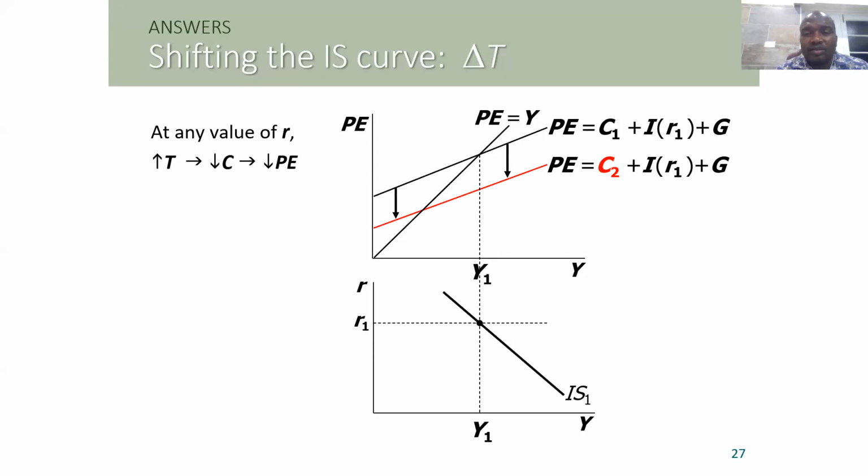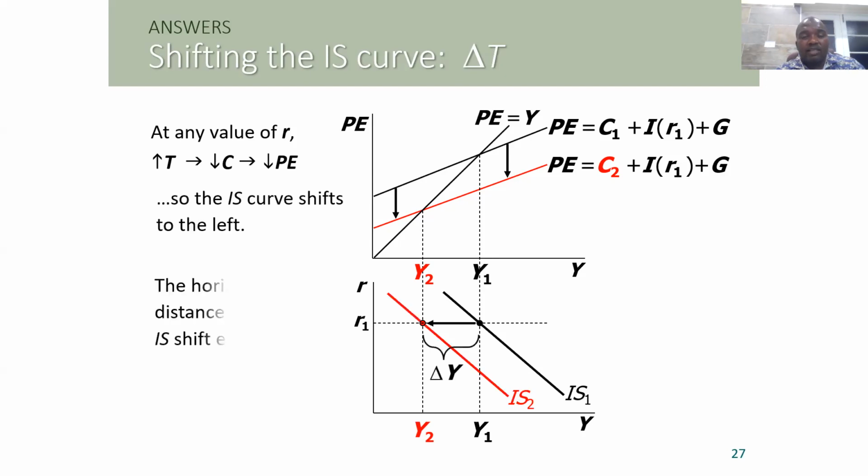So from C1 to C2, which shifts our aggregate expenditure function, or our planned expenditure function, from PEC1 to PEC2. That's the only way I can refer to the top panel of the two graphs so that you understand. So the planned expenditure curve is shifting downwards parallel to itself. So we migrate from the initial equilibrium level Y1 to the final equilibrium level Y2,